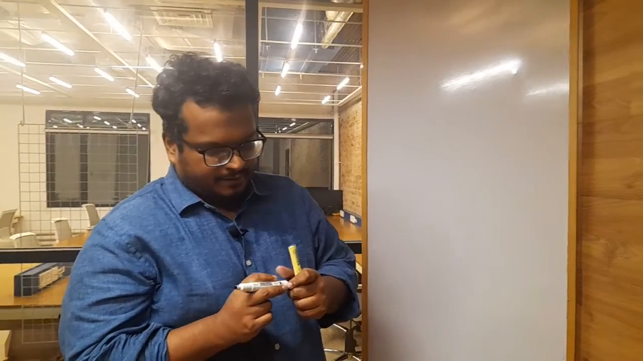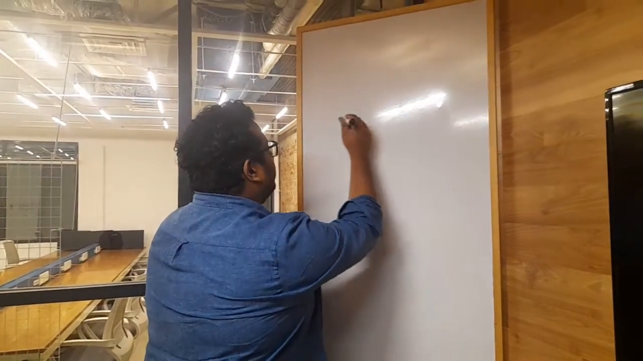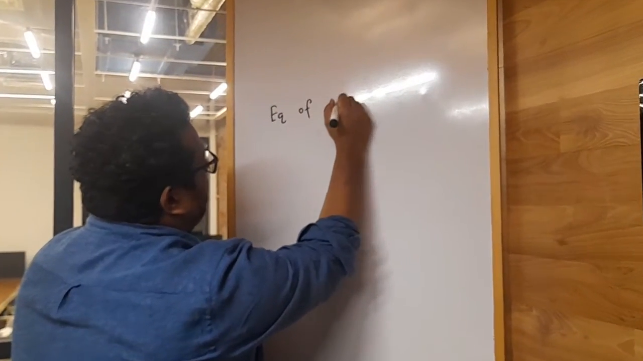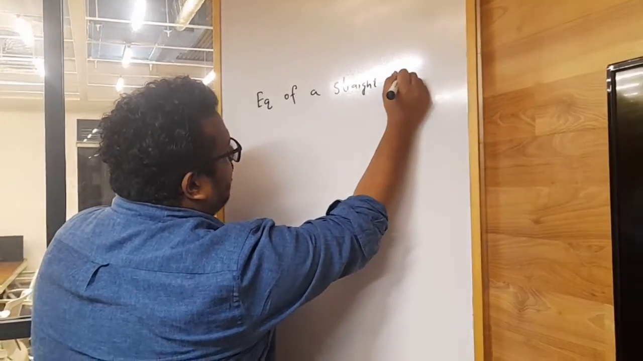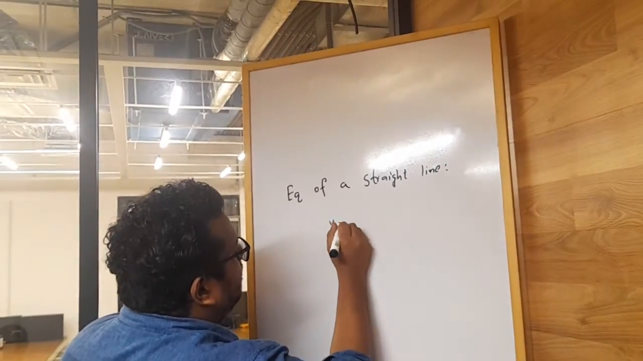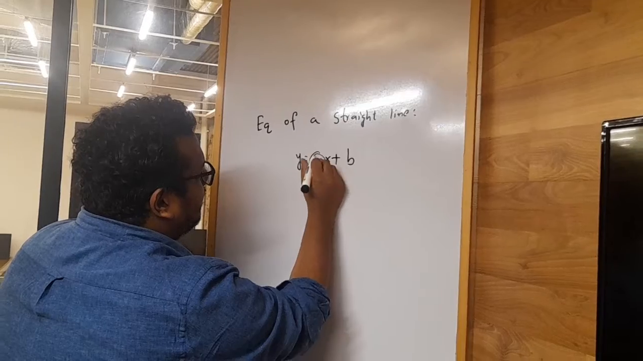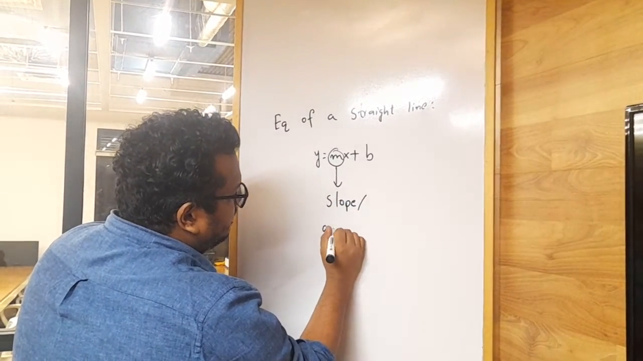Today, I'm going to be teaching you one of the most important concepts for SAT, that is slope. I'm going to go in depth for whatever knowledge you require for slope. As we have explained earlier, the equation of a straight line is y equals mx plus b, where m is the slope or the gradient